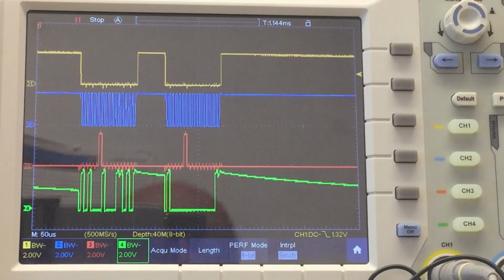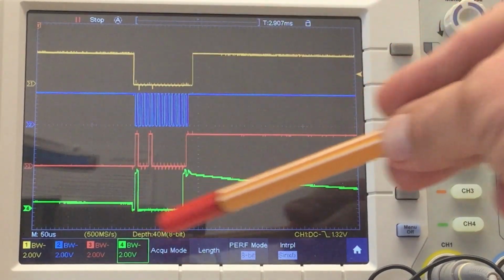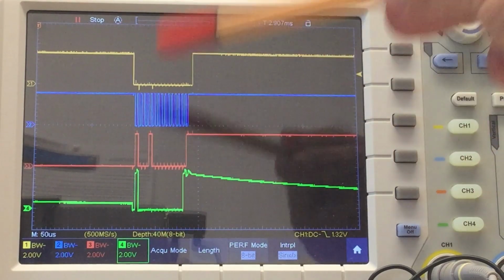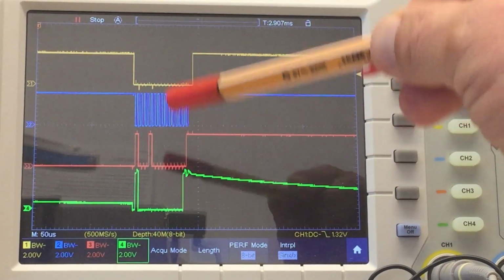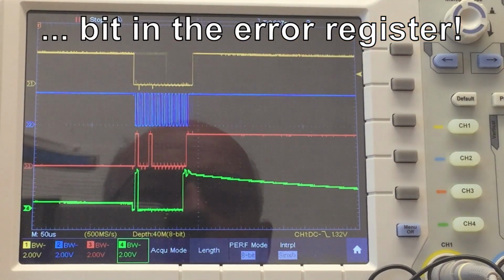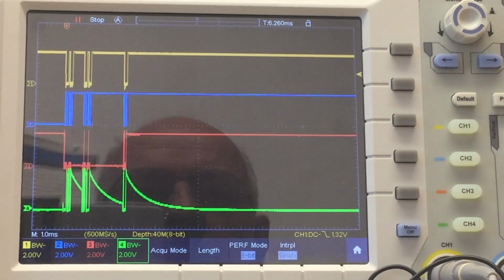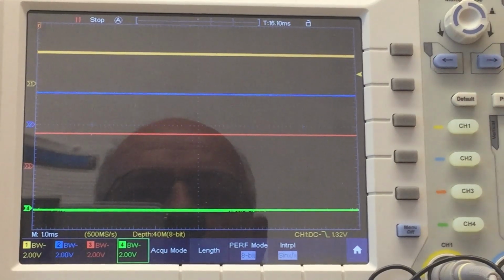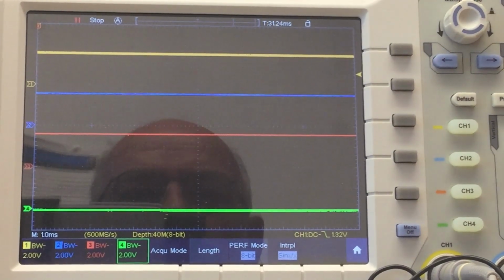And then there's the last command. I reset the error register, specifically the low power error register. Let me see. Did I capture the next thing? No, I didn't capture the next regular